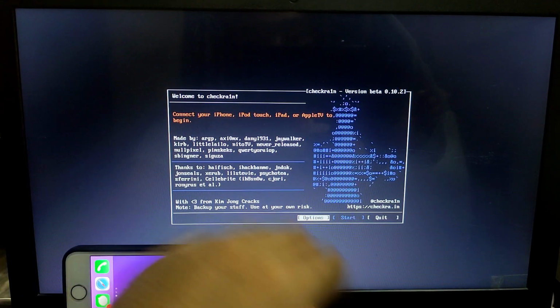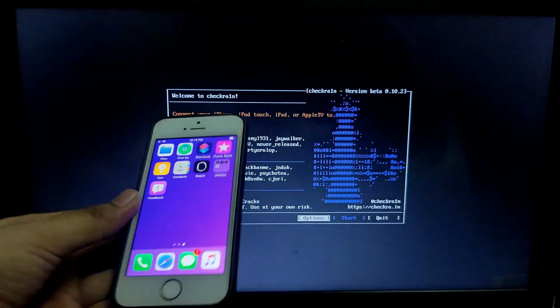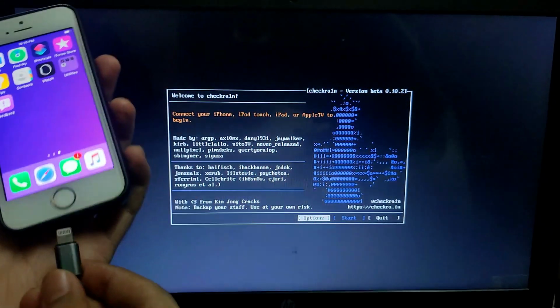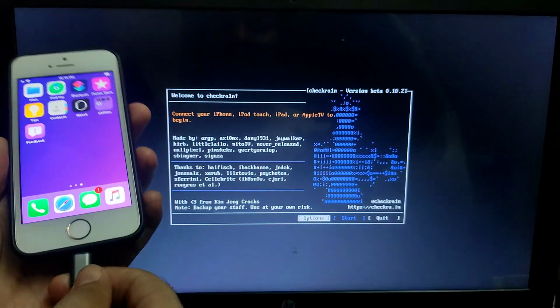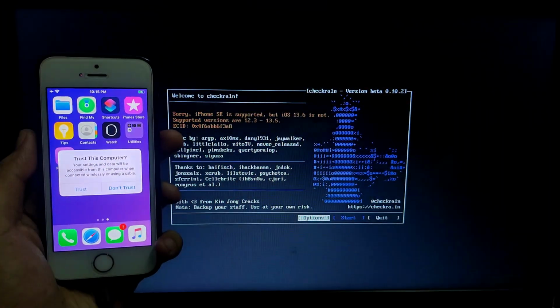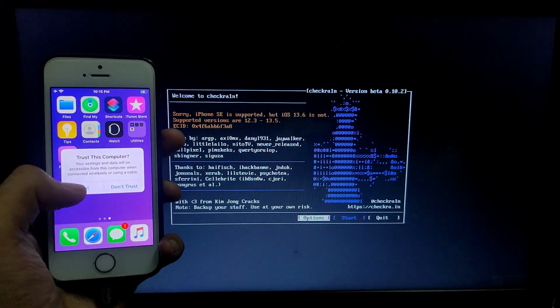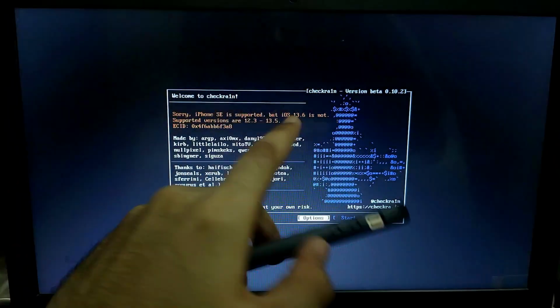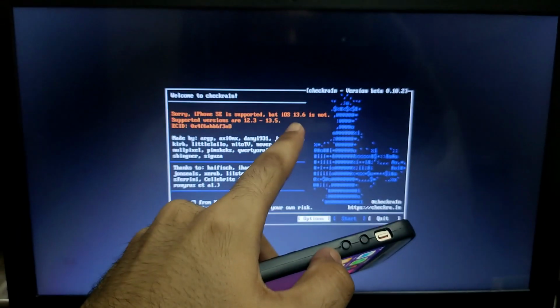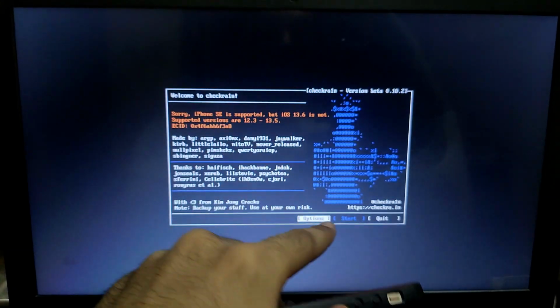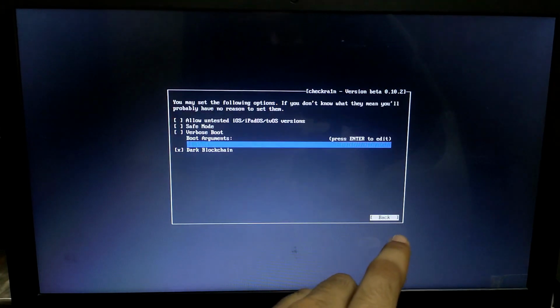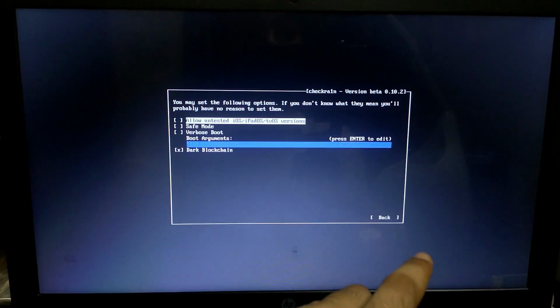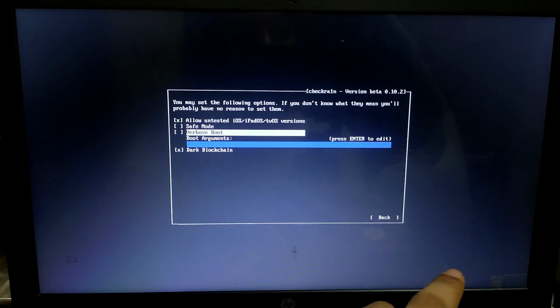So now you will see Checkra1n 0.10.2. Just connect your device with the USB cable, and then you will see the trust option. Just hit trust, and after that you will see your device is unsupported because mine is 13.6. So for that you have to go to options and first allow untested iOS versions.